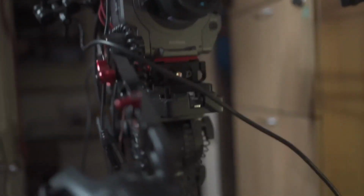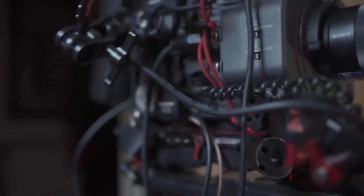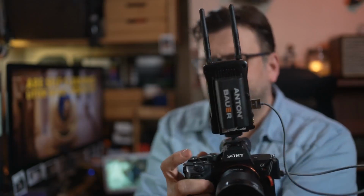Ben is asking about an extension cable for the multi-port on the FX9. Mine is... Let me use my other camera. So you can see mine is... Oh, let's get the focus on it. There we go. So mine is a bit stretched. So much crap on my camera. You can really see that it's stretched here. I'm trying to think if I can of any ones that...